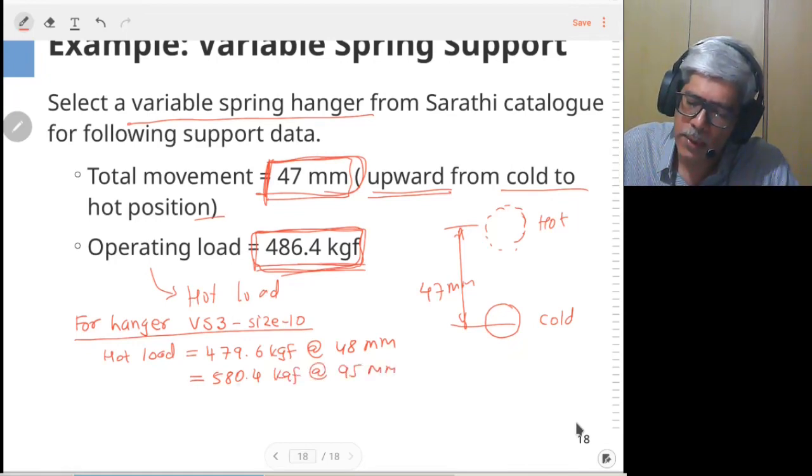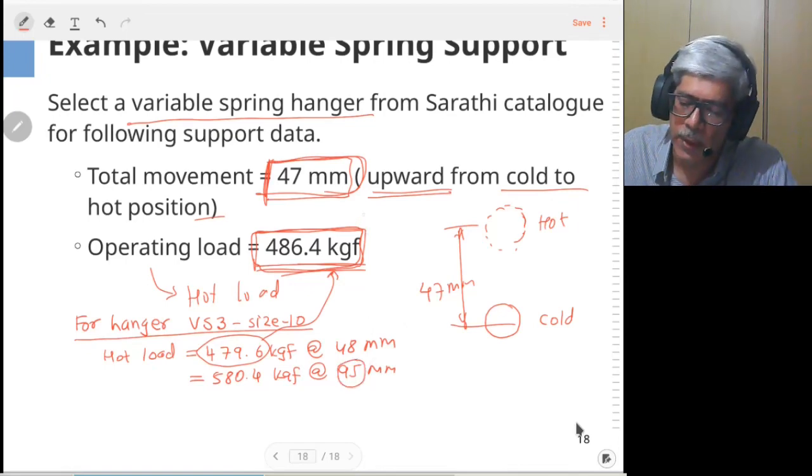So both this 479.6 is close to 486, and this 95 millimeter is close to 47 plus 48. That is what we wanted.